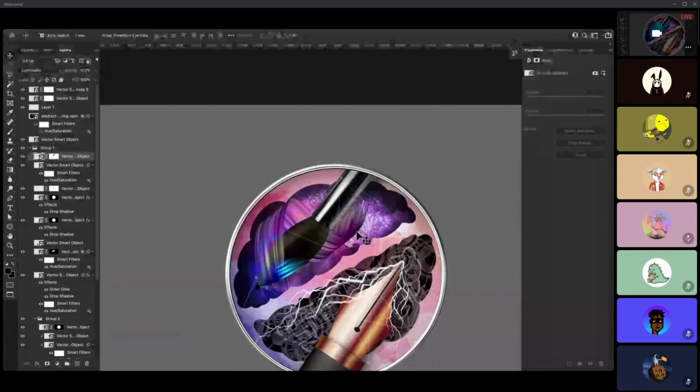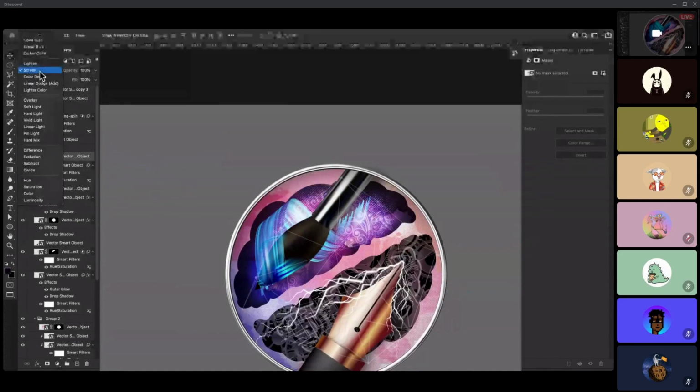Not bad. But it didn't blend in too much. There might be some other way to do it.